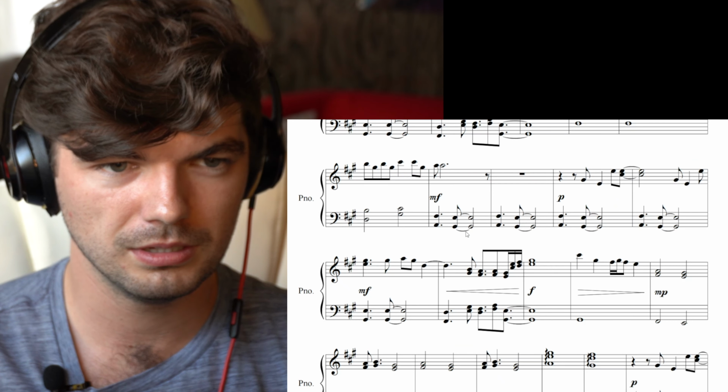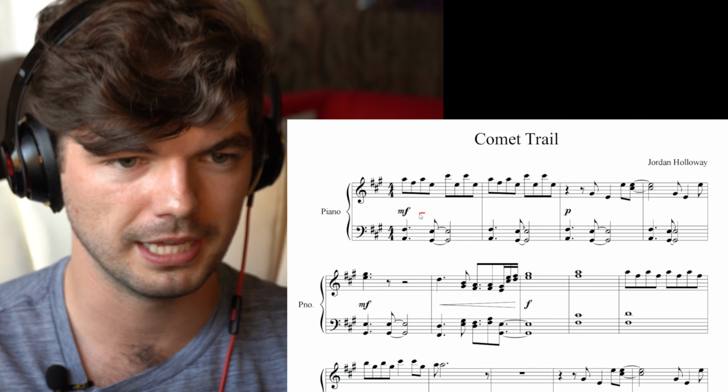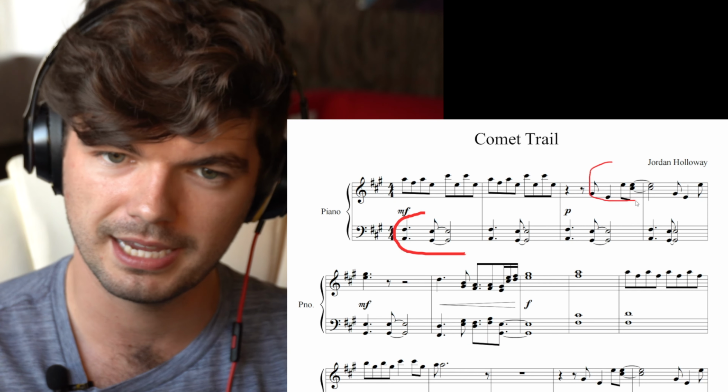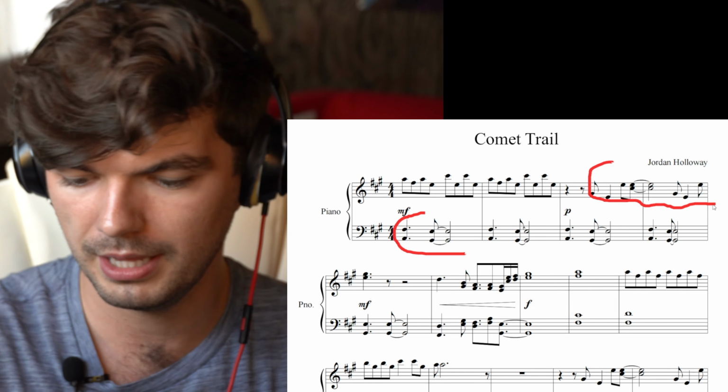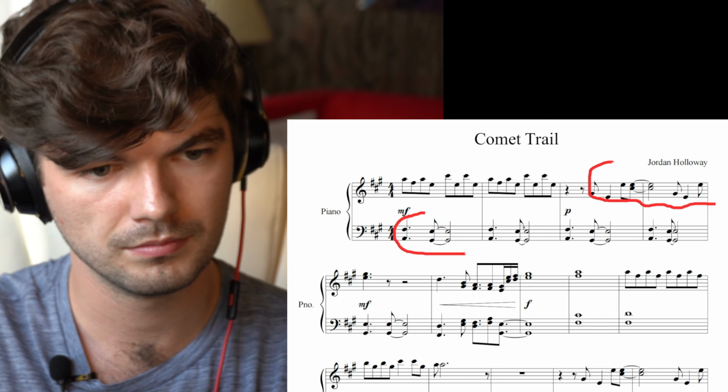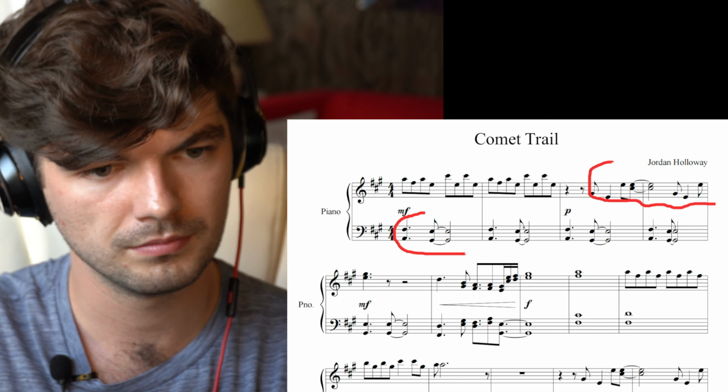There are little ideas that get repeated, like this rhythmic thing gets repeated pretty consistently. And then this, I guess, is the melody. It just gets repeated and not developed, but the other thing is that I didn't yet